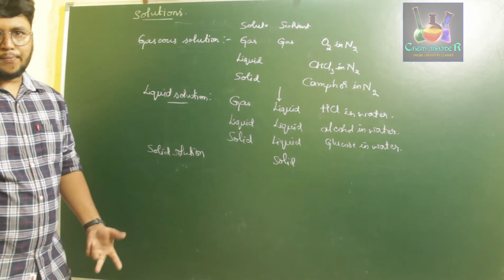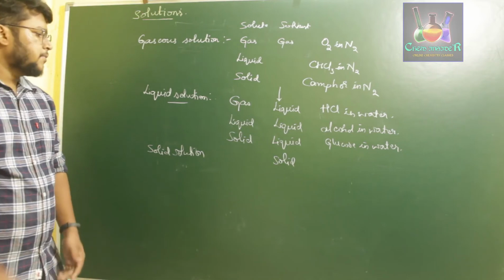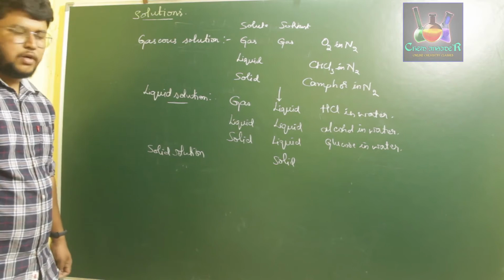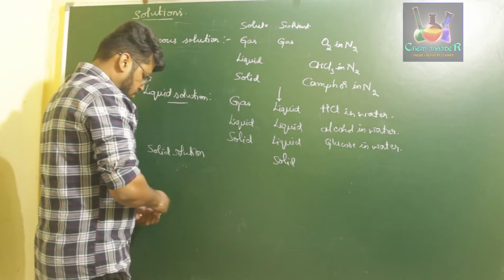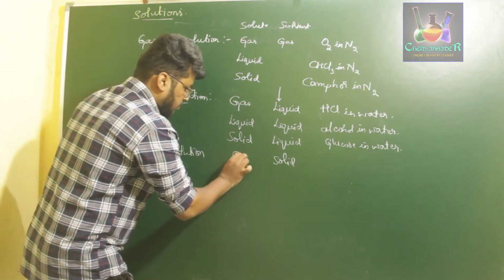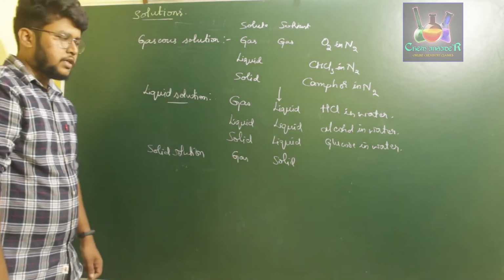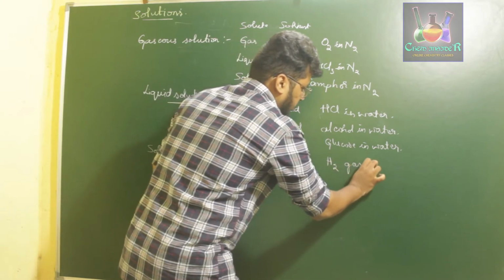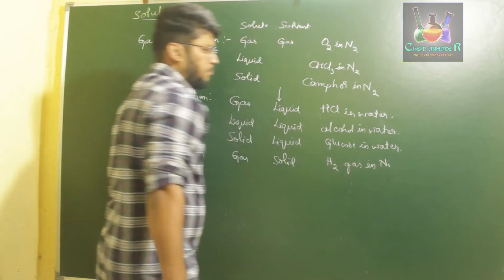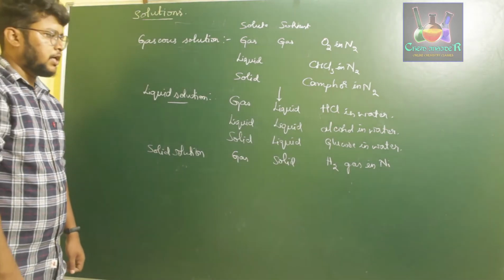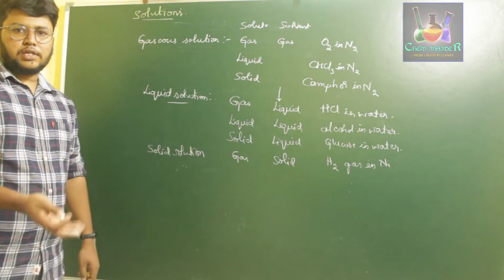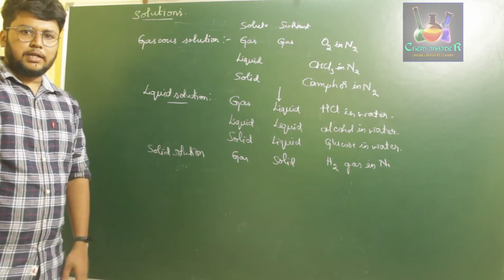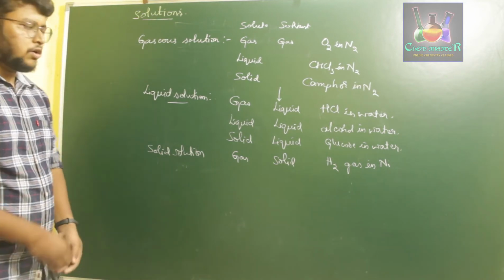It is a mixture of two components. It is a homogeneous mixture, right? So solid solutions are also a type of solution itself. In this, if you consider gas in solid, that is nothing but hydrogen gas dissolved in nickel metal. If you take a sheet of nickel and pass hydrogen gas on it, hydrogen gets adsorbed on the nickel, giving a homogeneous layer on this nickel metal, which we use for reduction of certain organic compounds.